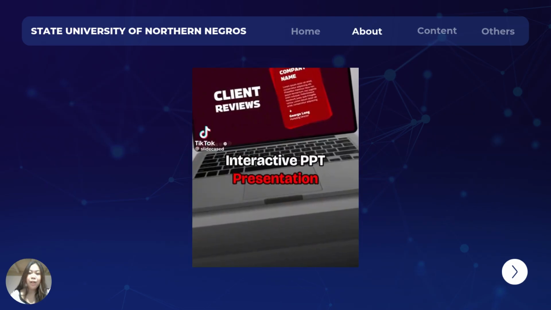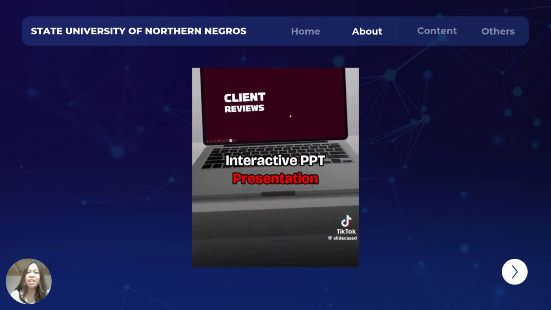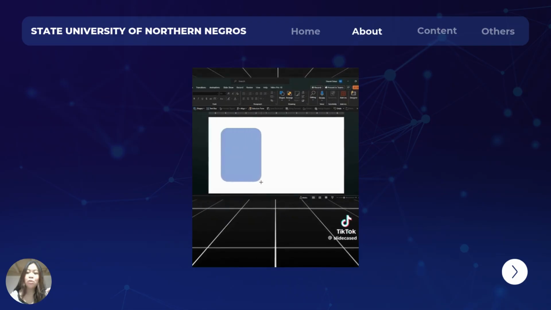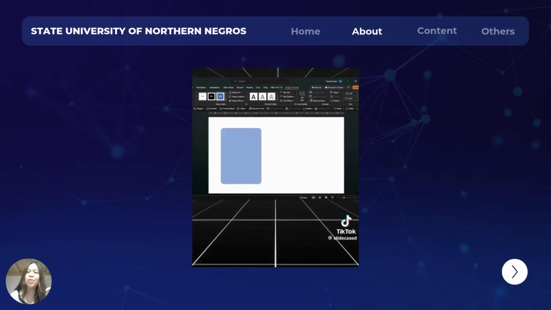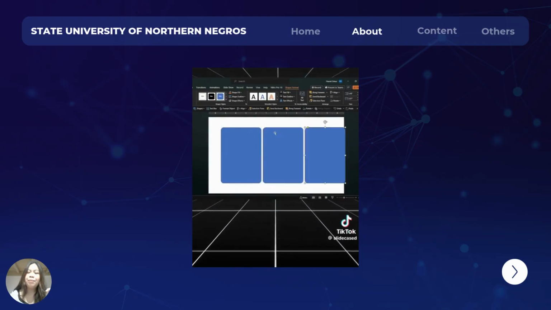If you want to create interactive presentations but struggle with animations, let me show you this short PowerPoint video tutorial, which demonstrates how to turn a linear presentation into an interactive module by creating the main menu in PowerPoint. Insert a rounded corner rectangle. Adjust the roundness of the corners, then align. Duplicate the rectangle twice. Change the colors and